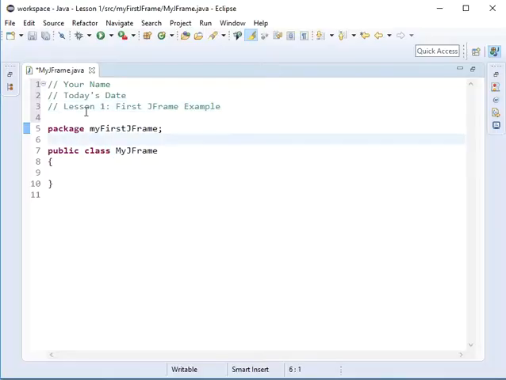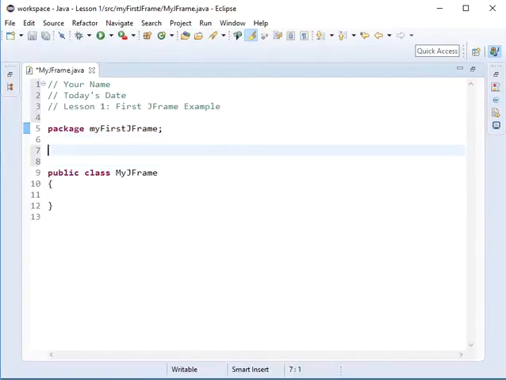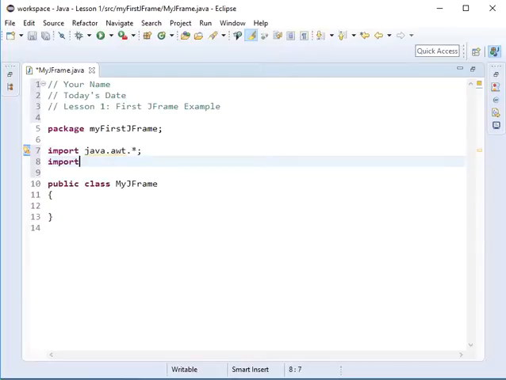All right. We'll go down to the line between package and the class declaration where it says public class MyJFrame. I'll press enter a couple times, and for a JFrame we have to import 3 different things. So I'm going to import java.awt.*; and then a semicolon. What that means is we're going to import what is called the Abstract Windows Toolkit. All right, so to make all of our JFrames and everything, we have to have the Windows Toolkit. So now all those classes that are available in that folder are accessible to me for the program. Right? And I also have to import